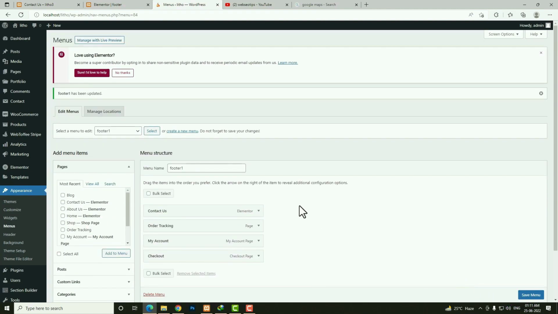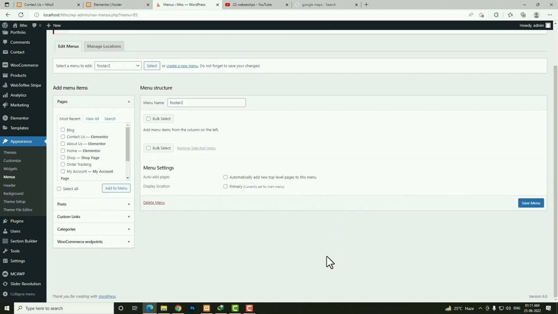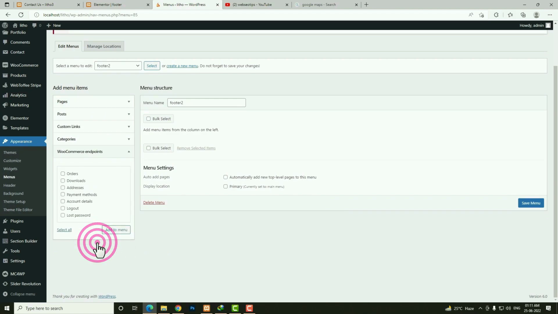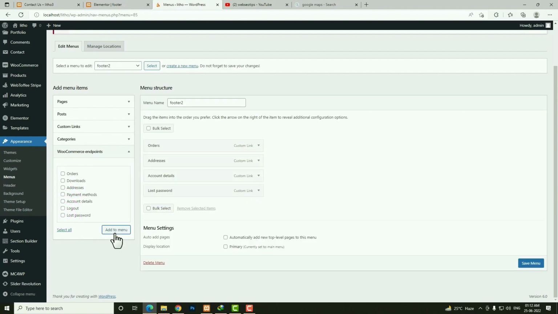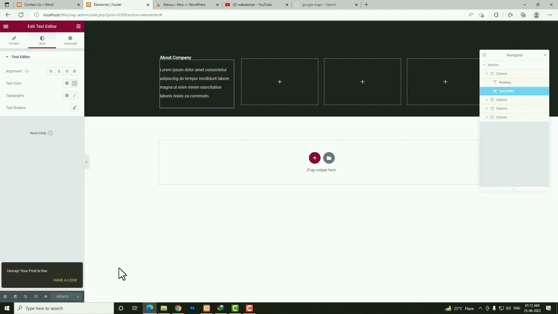Next again I have to create another menu. So let me create this option again, create a new menu. This time I am giving the footer name as footer 2, and again I have to click in the create menu option. Now let me click in this WooCommerce endpoint, and from here let me select address, order, account details, and lost password. Click in the add to menu. Next I have to click in the save menu option. After that again I have to come back here, click in the publish once,